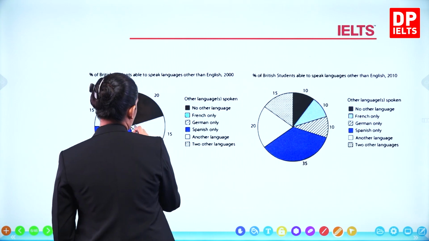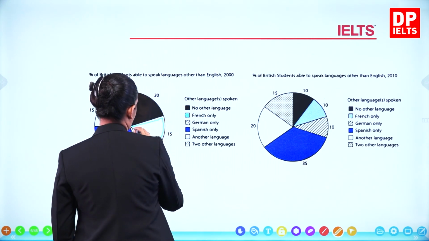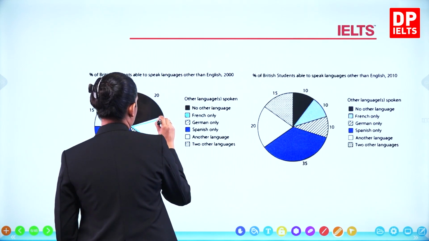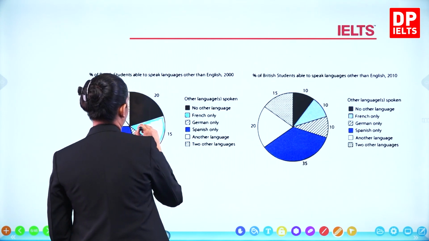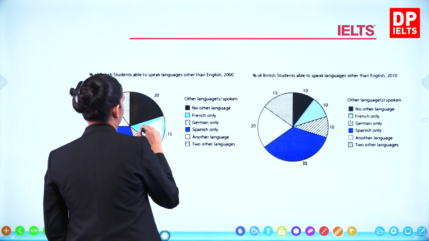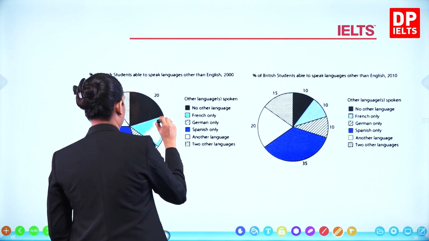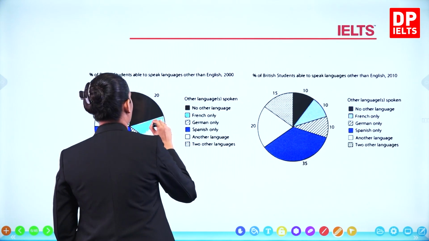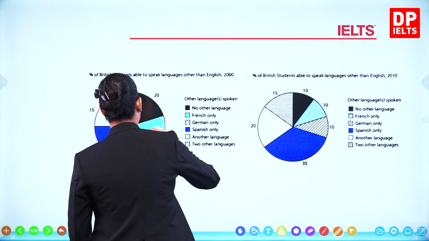And then let's take this bit which is French only, right? So this proportion here could be French only. If not, you might get confused as to why it's in the same color. So I've just put it in light blue for you so that it's nice and clear for you when you're